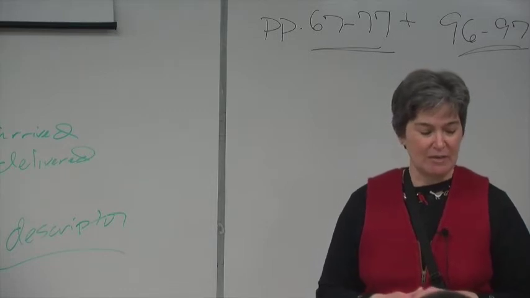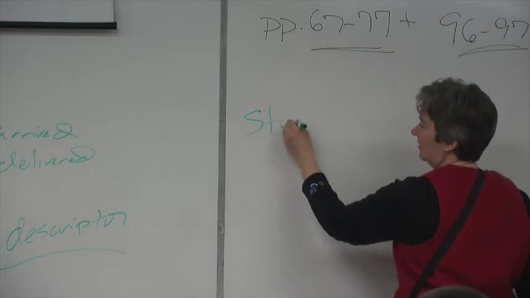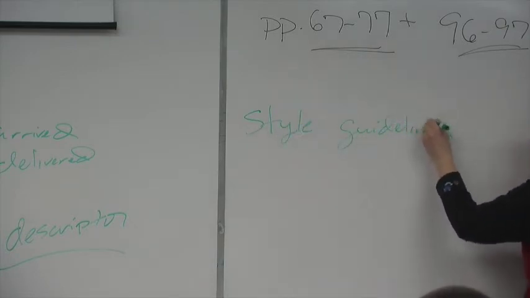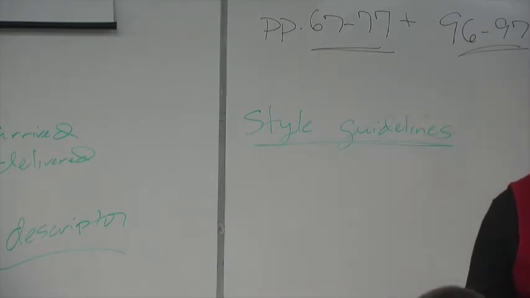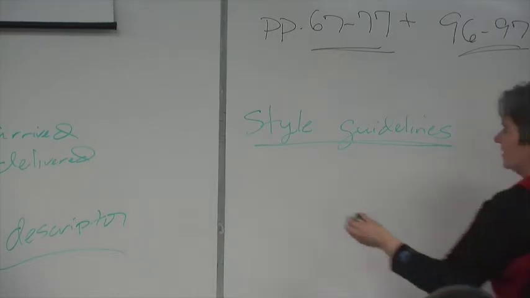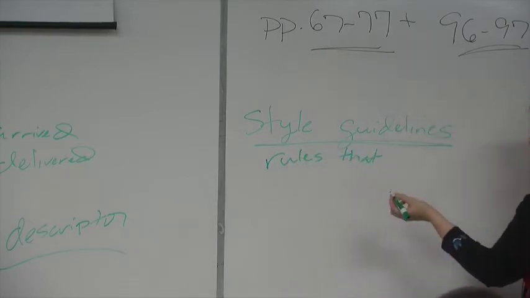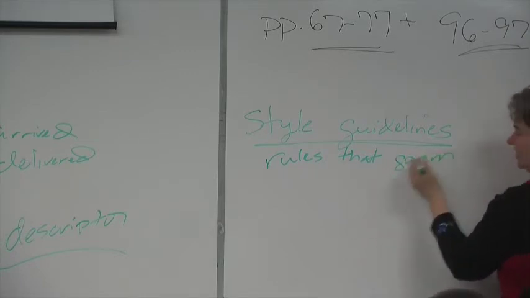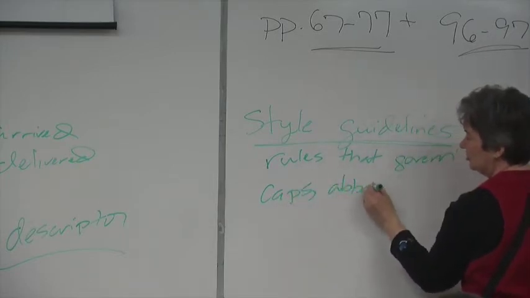Okay, so we care about style, and most newspapers have certain style guidelines that they use in order to keep that consistency. These are rules that govern things that could otherwise be subjective in how you do them. There could be more than one way. So things like caps, what's capitalized, abbreviations, which I'll abbreviate,